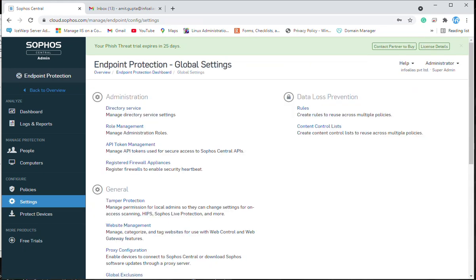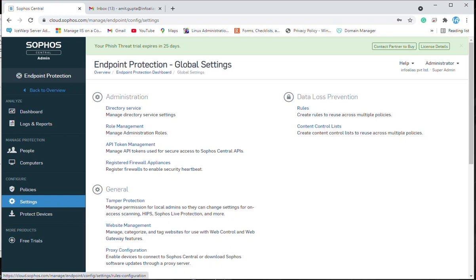existing content control list, and we'll see how we can prevent any users who are trying to send any confidential information of the company, like PAN card or bank account number. Even if someone is trying to send a credit card number, we can monitor and block those kinds of information sharing or data leakage from our company.